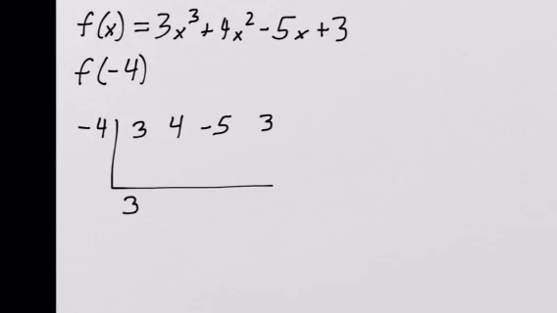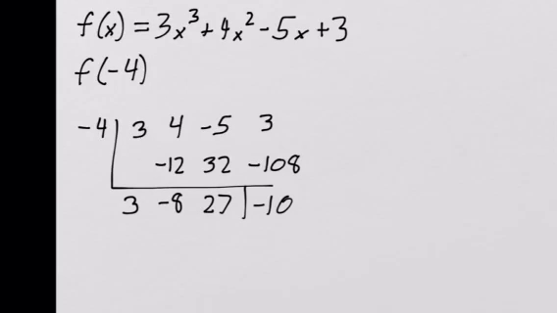So I bring down 3, multiply by negative 4, and add. Multiply by negative 4, and add. Multiply by negative 4, and add. I get negative 105, and if I punch that into my calculator,